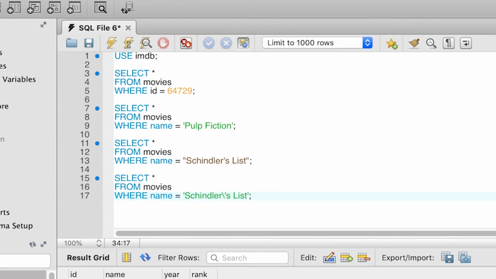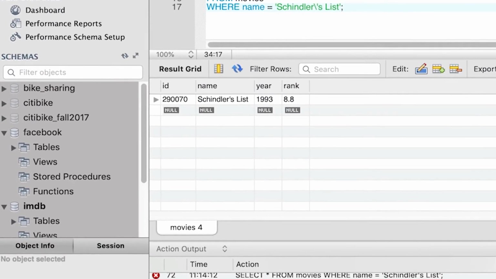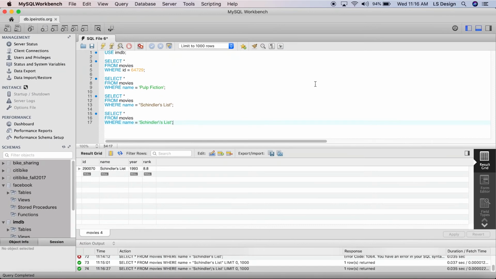Again, if you try to write the query like that, the query looks visually more consistent. So if we execute now the query, we get back the results as expected. Both the approach that is using double quotes and the escape character approach of using single quotes is absolutely fine.